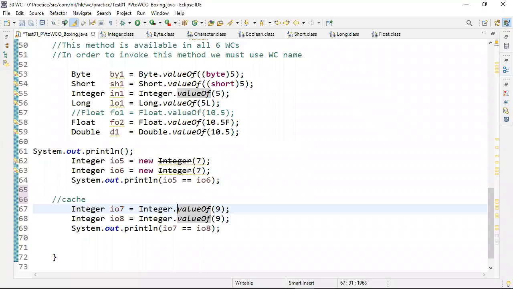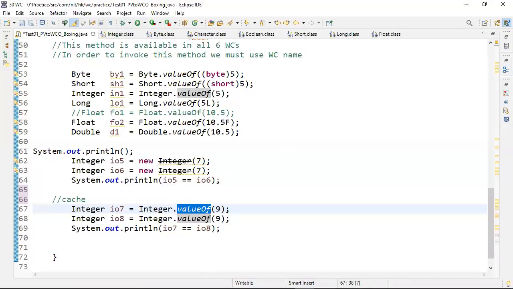So the valueOf method is also maintaining a basket-kind-of concept, which is called an array. The valueOf method implicitly maintains one array of what type? Integer class. The Integer class array is maintained because it has to store Integer objects. So whenever you call the valueOf method, first it goes to the Integer array.